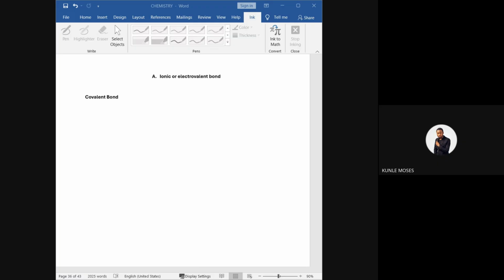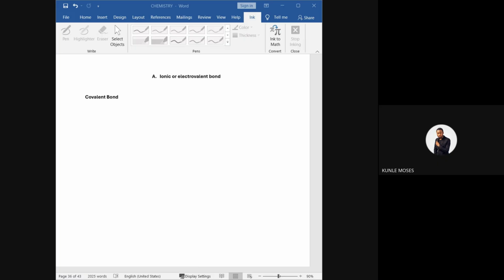You know, in covalent bond, the two elements that are pairing together are both donating the electron. Like when we were checking H2O the other time, hydrogen needs one electron to have an octet structure. Oxygen needs two electrons to have an octet structure. And we have two hydrogen, which means the two hydrogen will need two electrons. So hydrogen needs two, oxygen needs two. So they will come together and have a complete octet structure. That is covalent bond.